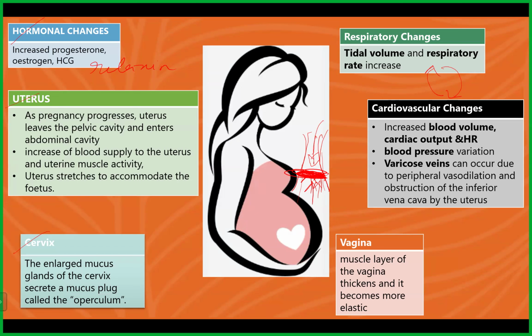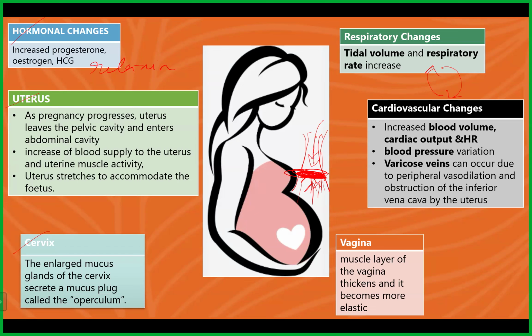Next, talking about estrogen and progesterone. Both are produced by the corpus luteum, and estrogen is later also produced by the placenta. Estrogen's job is to stimulate the uterus so that the fetus can grow inside. For that you need increased blood supply to the uterus, so vasodilatation will occur in the uterus. All that job is done by estrogen.